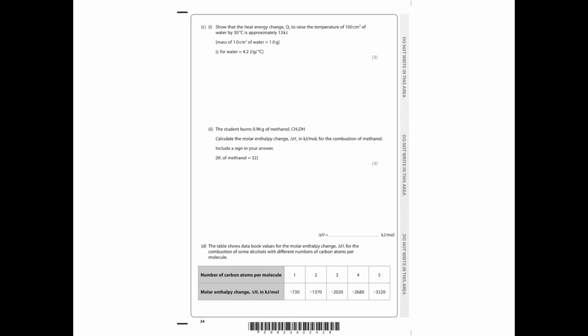C part I is an energetics question requiring the formula Q equals mc delta T. M is the mass of your water. As we've used 100 centimeters cubed of water, we have 100 grams of water. C is 4.2 as given in the question, and the temperature change is 30 degrees. That gives us an answer of 12,600 joules or 12.6 kilojoules, which is of course approximately the 13 kilojoules given